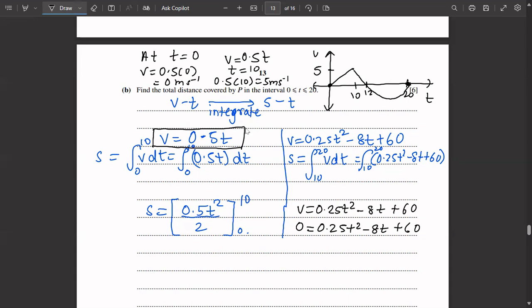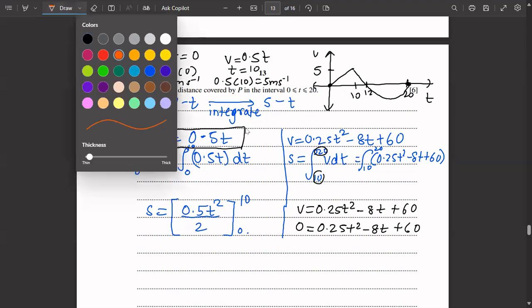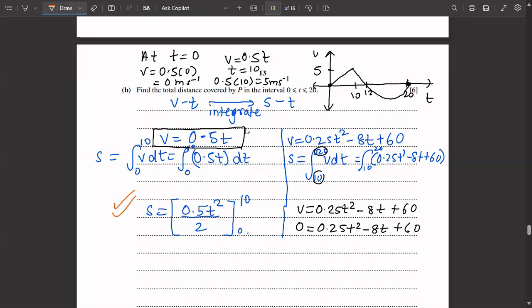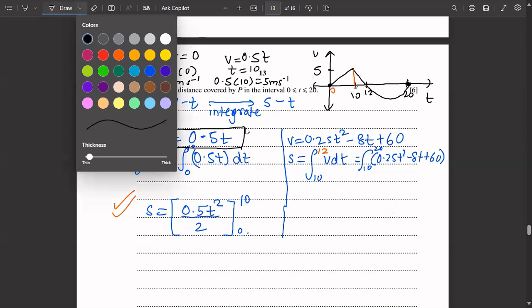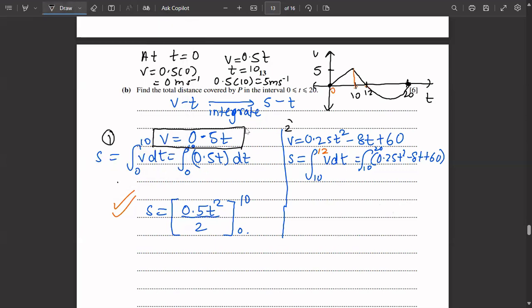So now what this means is we can't have the limits of 20 and 10. So what limits do we need to have here? This is correct. The first limit should be between 0 to 10. The next limit should be between 10 to 12. So this should be 12. Let me erase this. This will be the first limit, this will be the second limit of 10 and 12, and the third limit will be